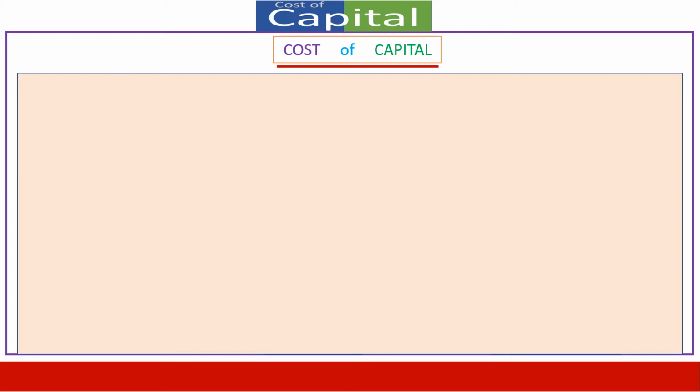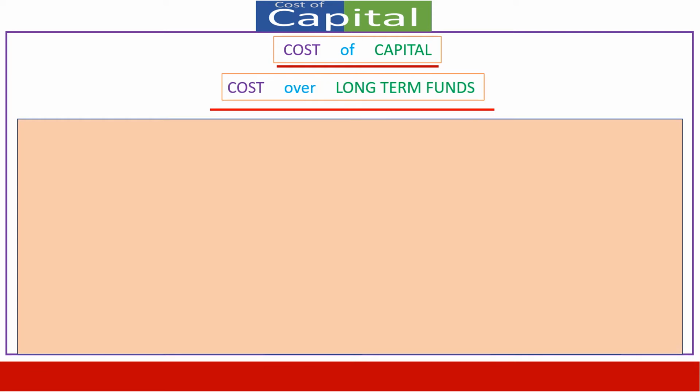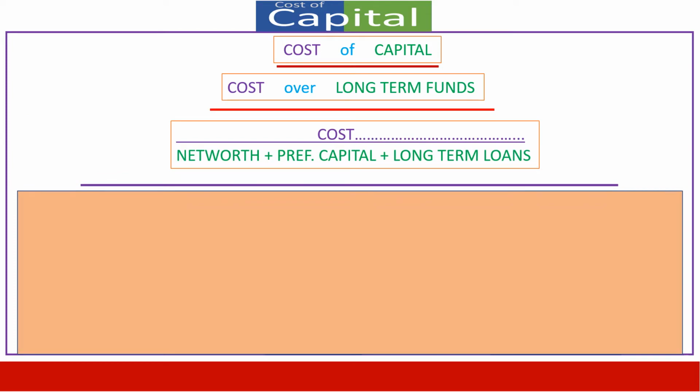We will be getting into the literal meaning of cost of capital. When we say cost of capital, it is cost relating to capital, and when we express it as cost over capital, capital is nothing but long-term funds, owners' funds and borrowers' funds. Expressed in more detail, it is cost divided by net worth, which is equity plus retained earnings, preference capital, and long-term loans, which may be term loans or debentures, but they will not include short-term loans